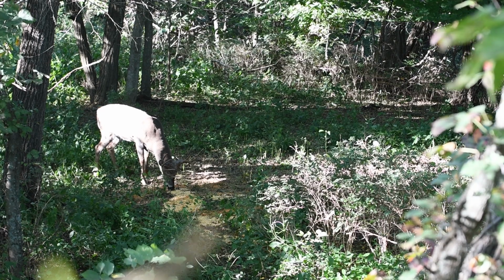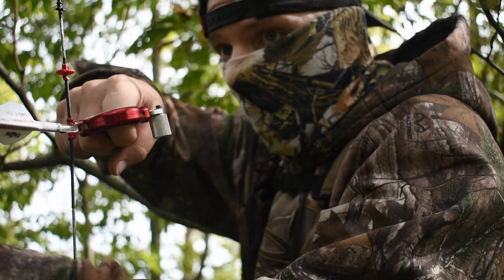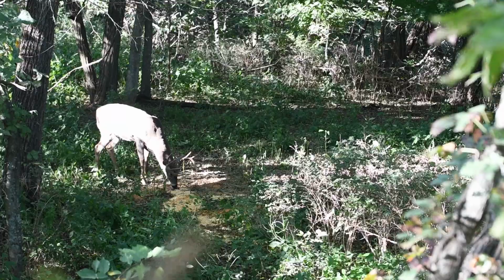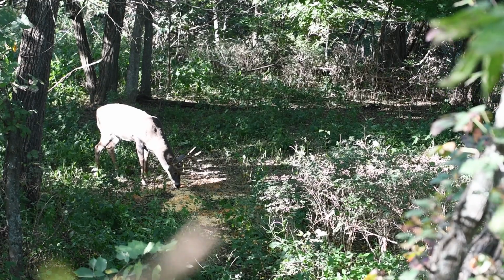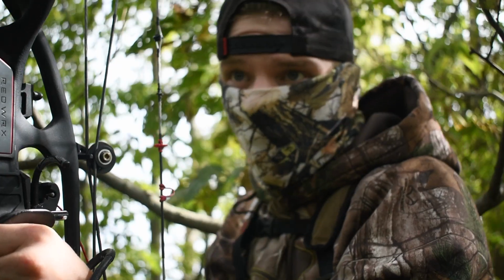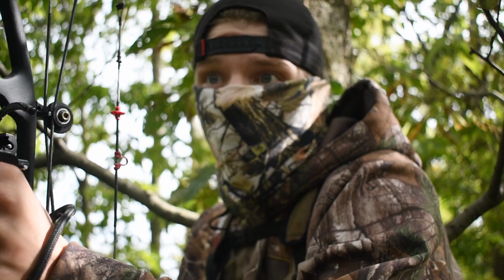and to say the least, he gave me the shot I needed, and I didn't make the best of the shot, but the equipment did its job. I had the Grim Reaper broadhead on there with the FMJ arrow, and it hit him hard, and that 3-inch cut on that Grim Reaper, it really did a number to him,